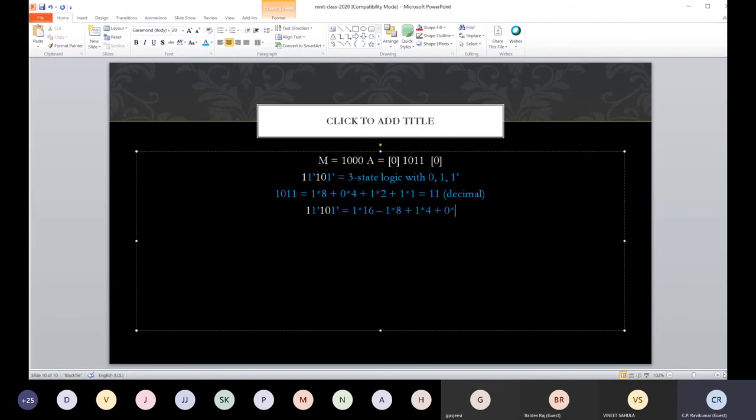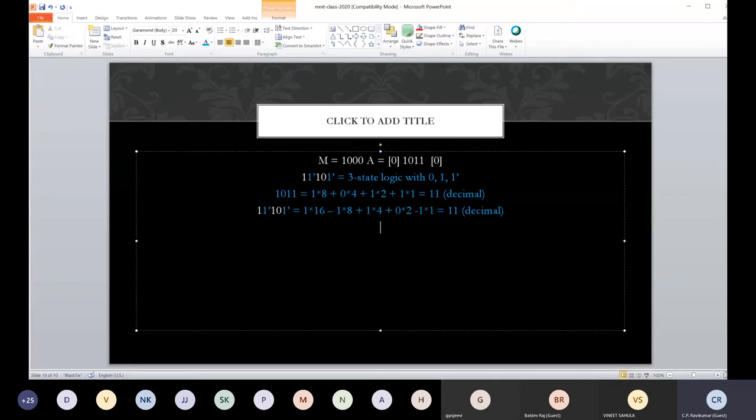Plus 0 times 2. Minus 1 times 1. So what is the answer? So 16 minus 8 is 8. 8 plus 4 is 12. 12 plus 0 is 12. 12 minus 1 is 11. So it's also going to give the same answer. So we have recoded the multiplier, okay, so that when required we'll subtract.